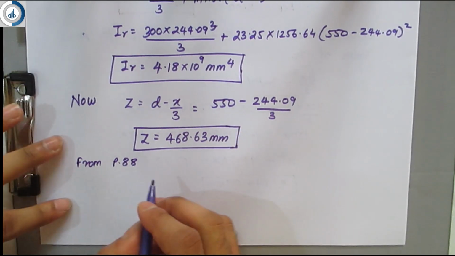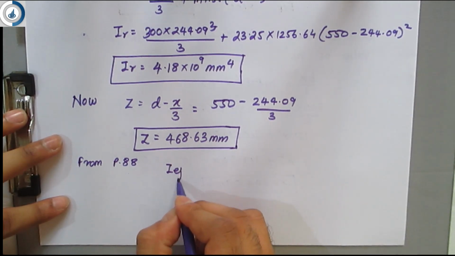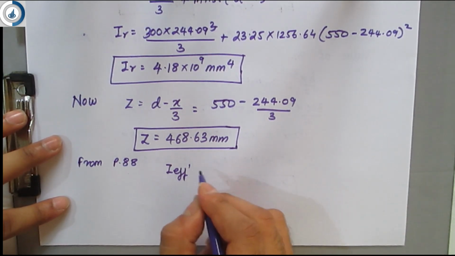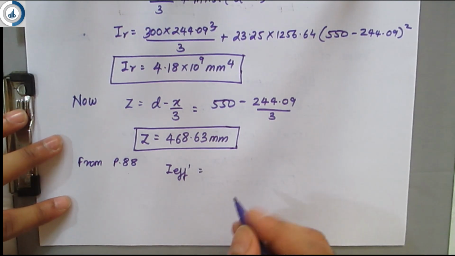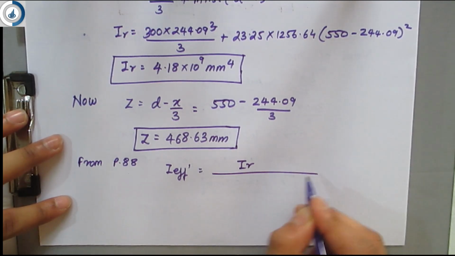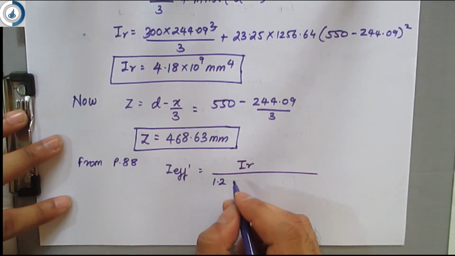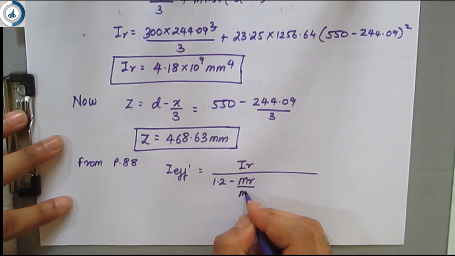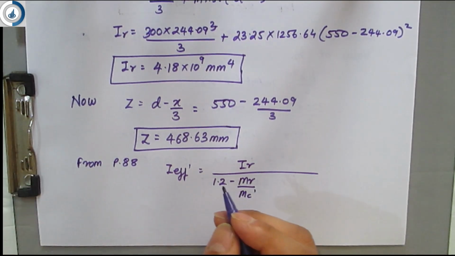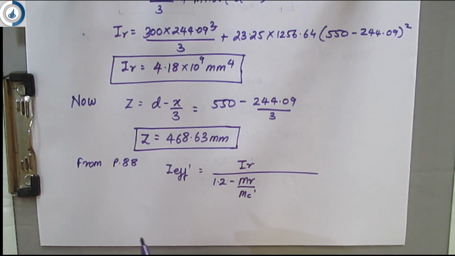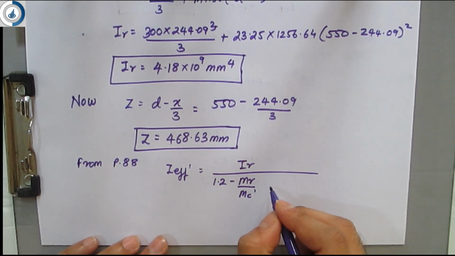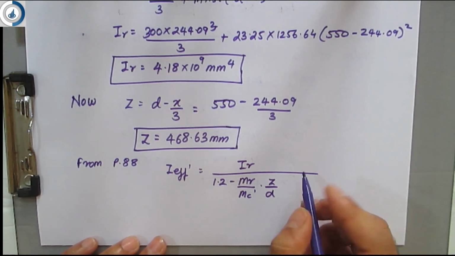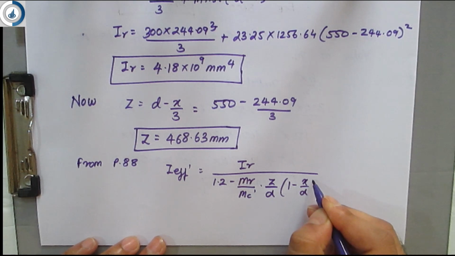So you are calculating I effective, which we will denote as I effective dash, since it is the new one. So IR divided by 1.2 minus the cracking moment. Now here, MC dash under permanent loads: we had calculated 50% of the moment and got 62.5 kilonewton meter. That moment we are going to use here after 50% multiplication, into Z by D, 1 minus X by D,